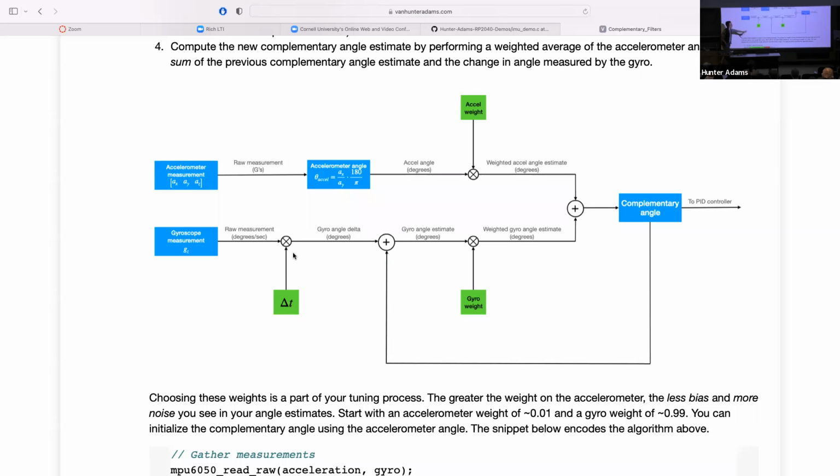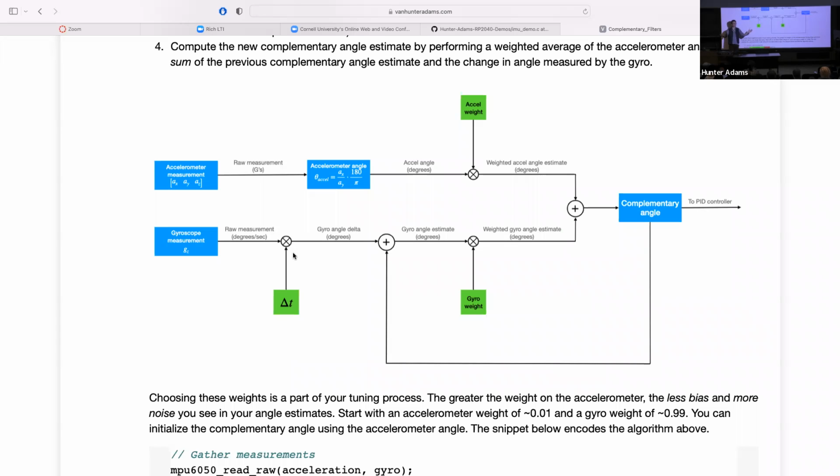So one question: you look at this and you say, okay, I understand how this works once the system's running. It perhaps stands to reason that this needs to be initialized, right? So for the first time you go into the interrupt, this needs to have some value so that you can actually start this process. You could do this in a bunch of different ways. One way is you could say, I am going to assume the user always starts the program holding the pendulum up.